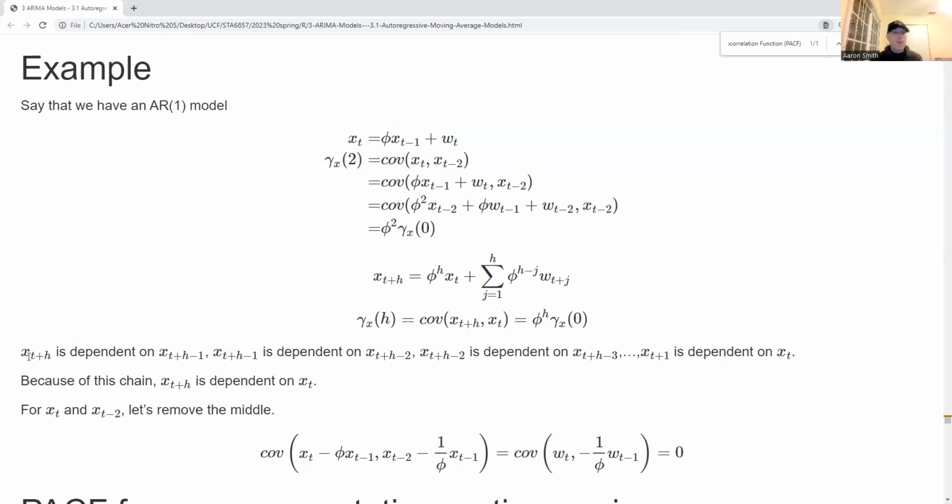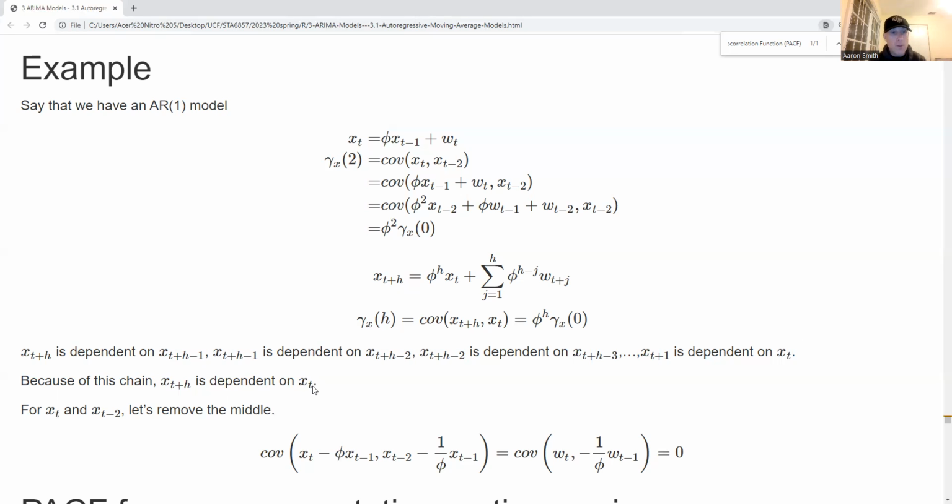And remember that if I'm talking about x of t plus h, it's dependent on the previous one, and that previous one is dependent on 2 back, and that 2 back is dependent on 3 back, and so on, all the way back to the earliest observation we're interested in. And so because of that chain effect, we know that x of t plus h will be dependent on x of t,